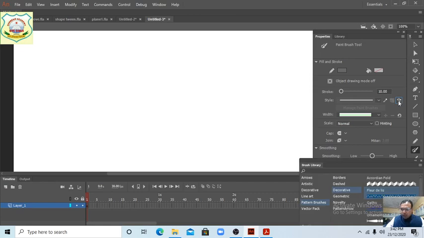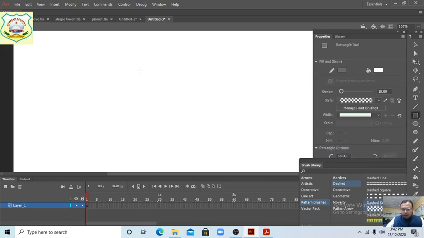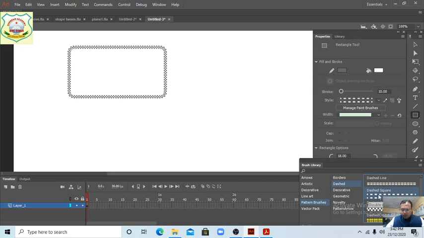Now brush library, there are many options: artistic, arrows, decorative, line art, pattern brushes, vector path. So pattern brushes, decorative, dashed, this way. Suppose double click on it. Now when we draw a rectangle, see this way, it should be double click.